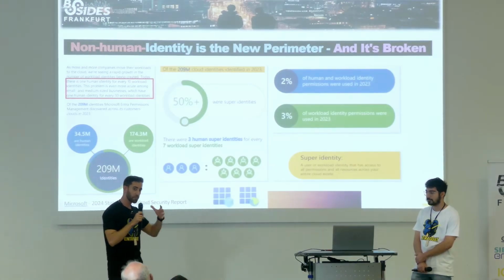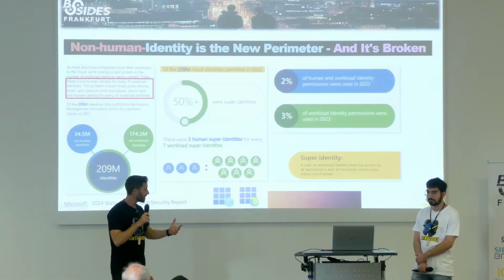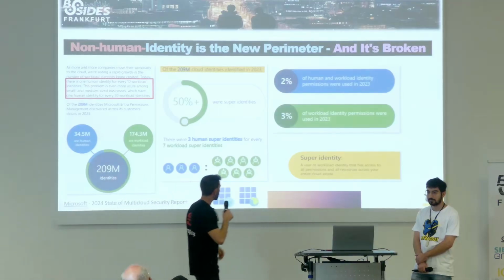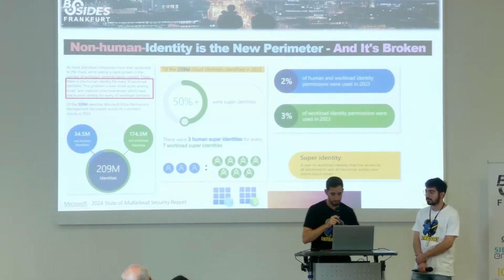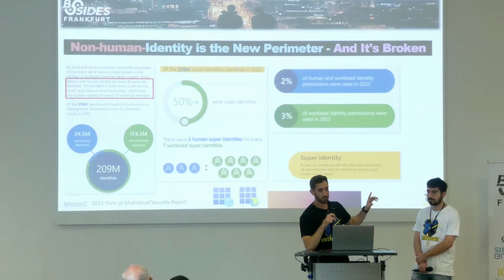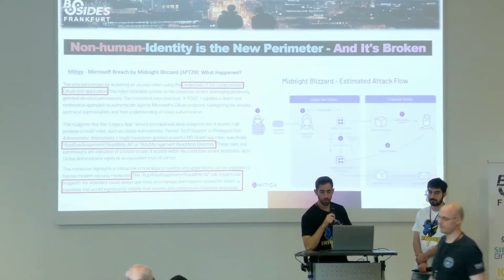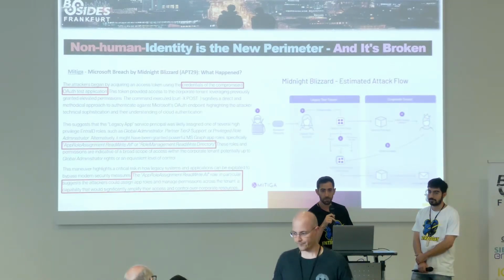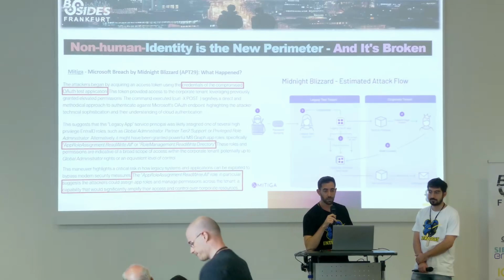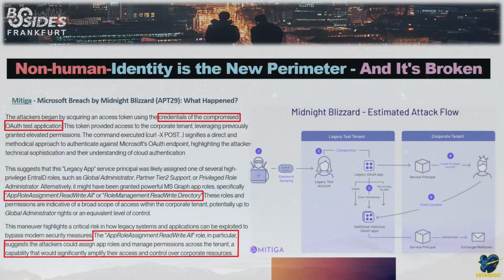So we have like 50x more permission than needed. The same thing applies to the next one. And guys, this is by Microsoft, right? The guys that produced this product. And if we talk about Microsoft, let's take an example straight from their time when they got breached by APT29,